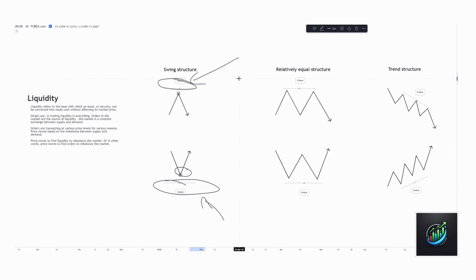One thing I want to make entirely clear: there are many thoughts within this realm of thinking that the liquidity is created for the sole reason to be taken, or that price is manipulated to run stops on swing structure, or that these patterns, so to speak, are created simply to run liquidity. That's not simply true. There really isn't an entity out there to steal your lunch or manipulate you at a price.